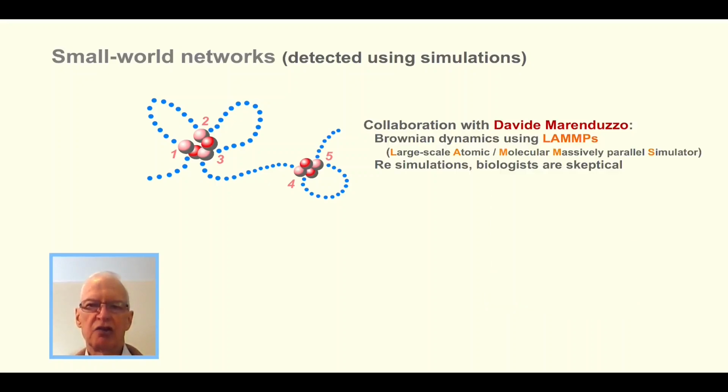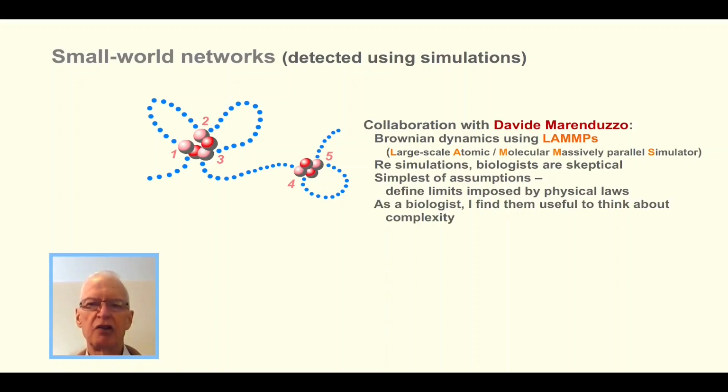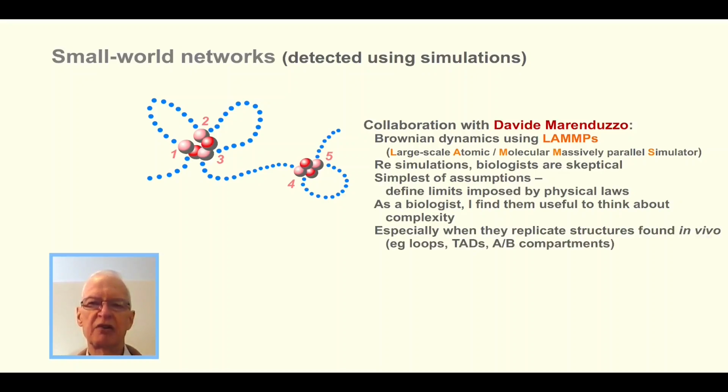Now, biologists are usually skeptical about simulations unless they're based on the simplest possible set of assumptions, and then they can define the limits imposed by physical laws. So as a biologist, I find them very useful to start thinking about complexity, especially when these simulations replicate structures